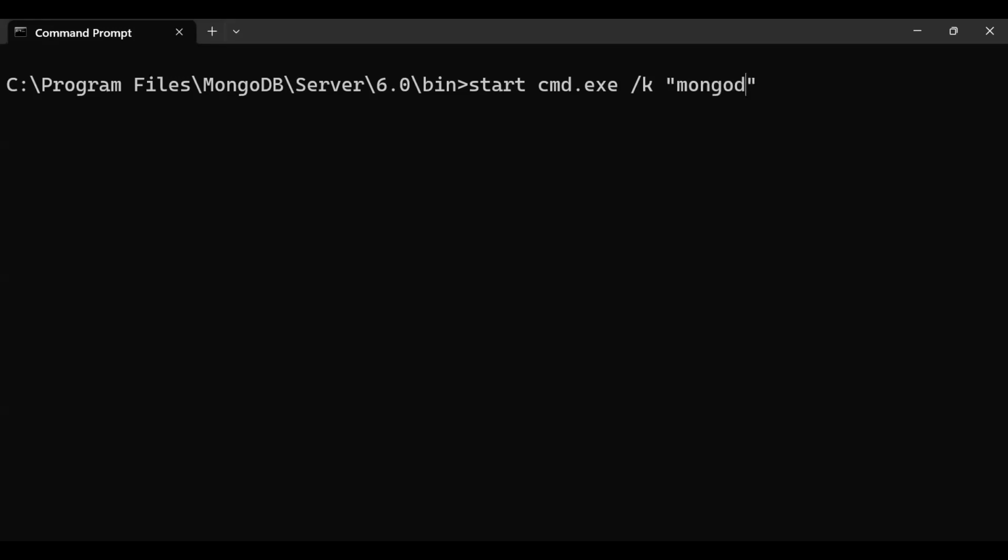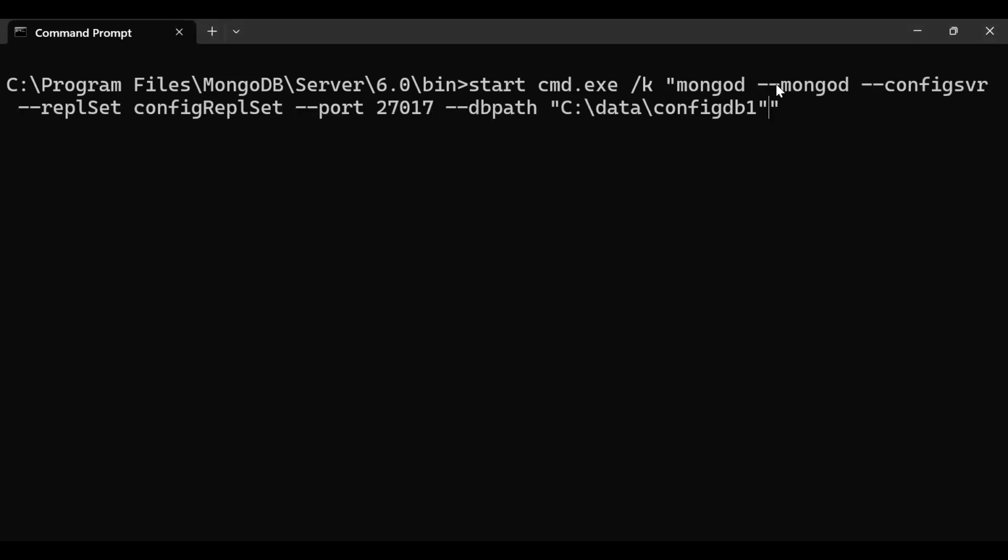Mongod, we will say, okay, in my case, let me copy paste. I'm going to use the same command I have typed earlier, so I will put it here. Now that I have typed this, let me run it, and you can observe that it will open up a new